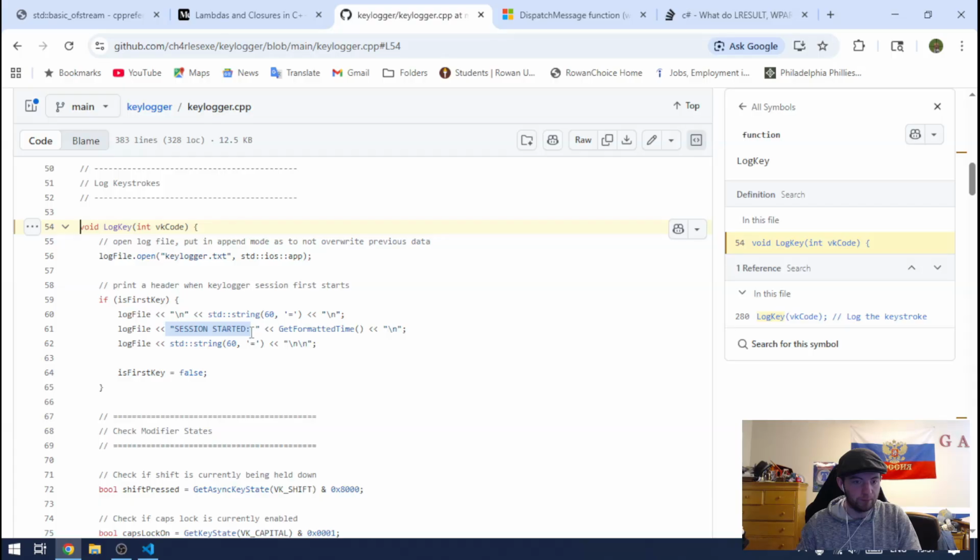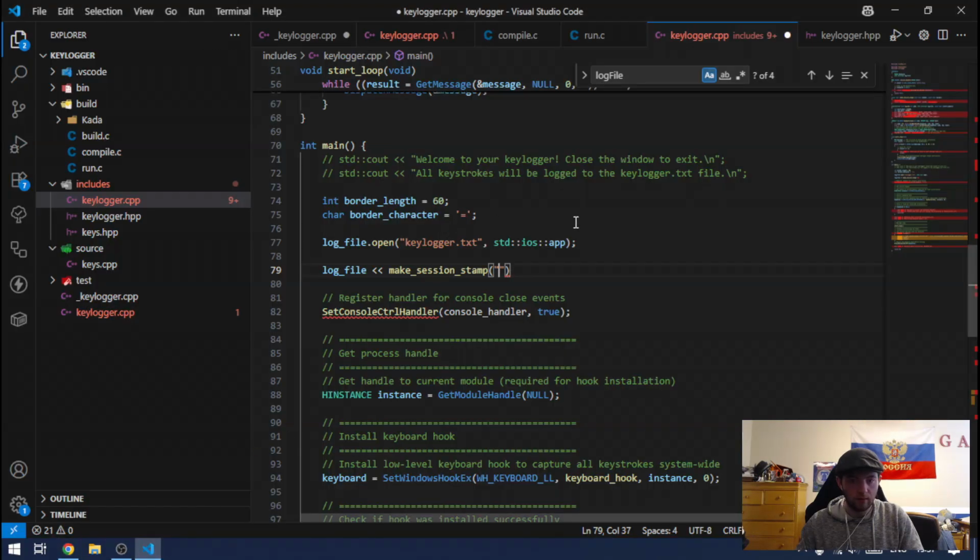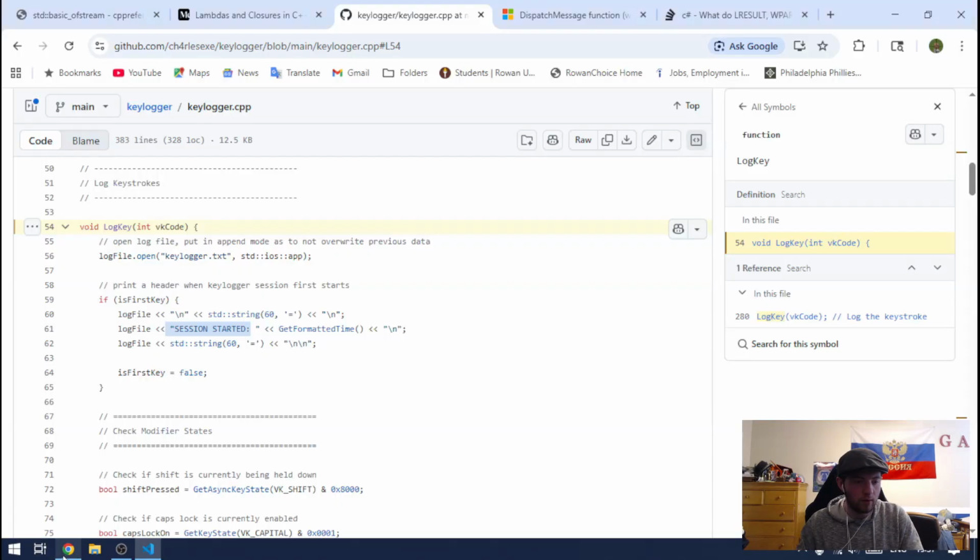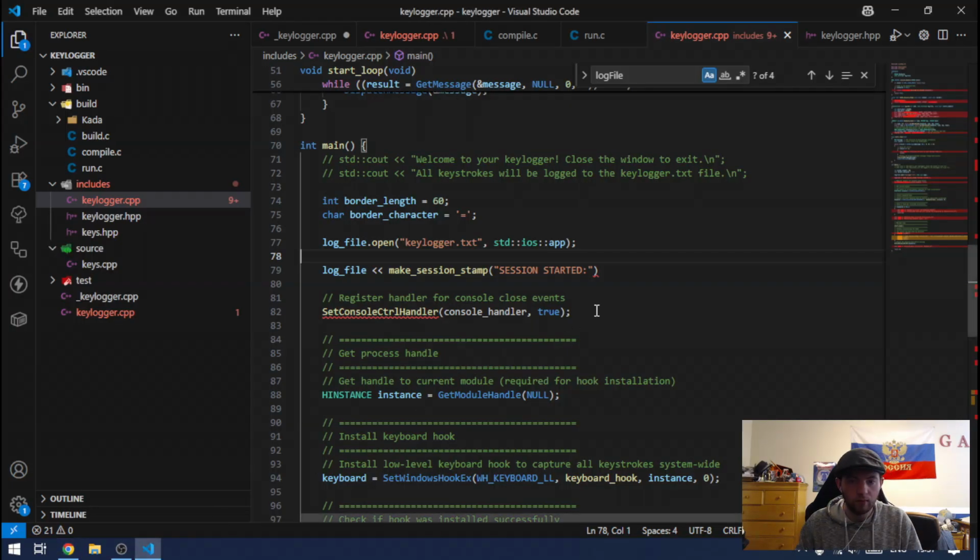There we go. Session started, and right, we're gonna do, yeah, okay, so make session stamp, session started,